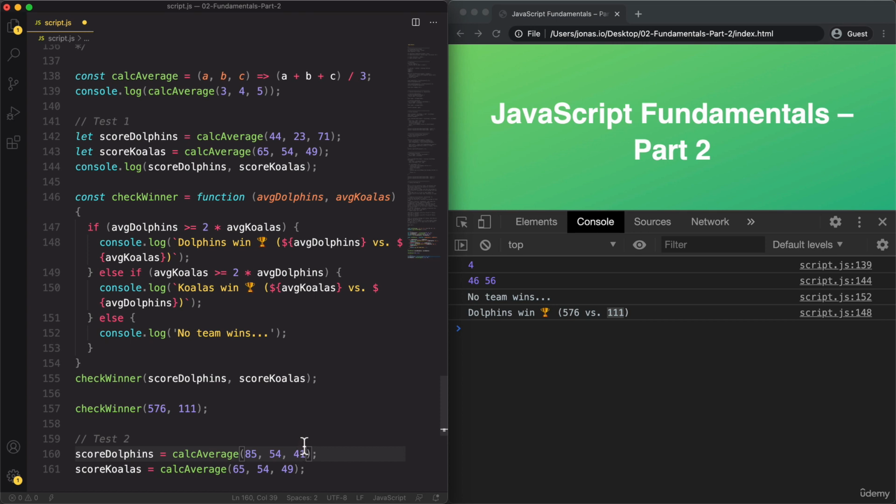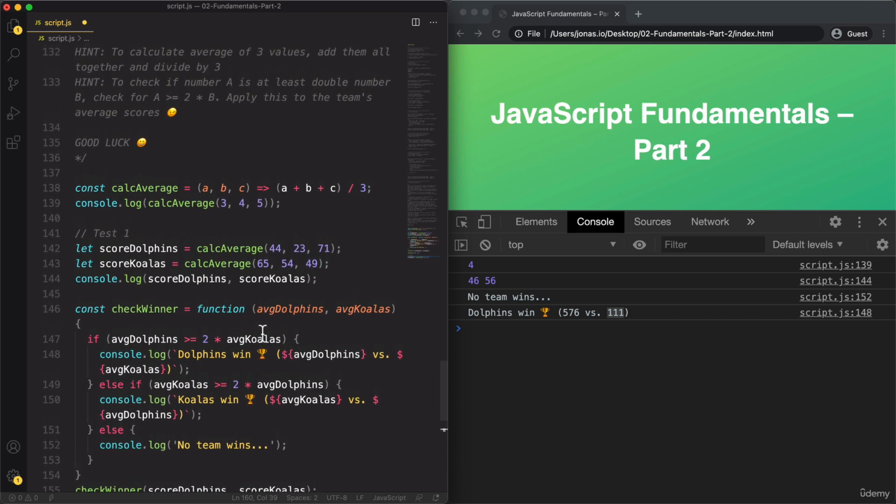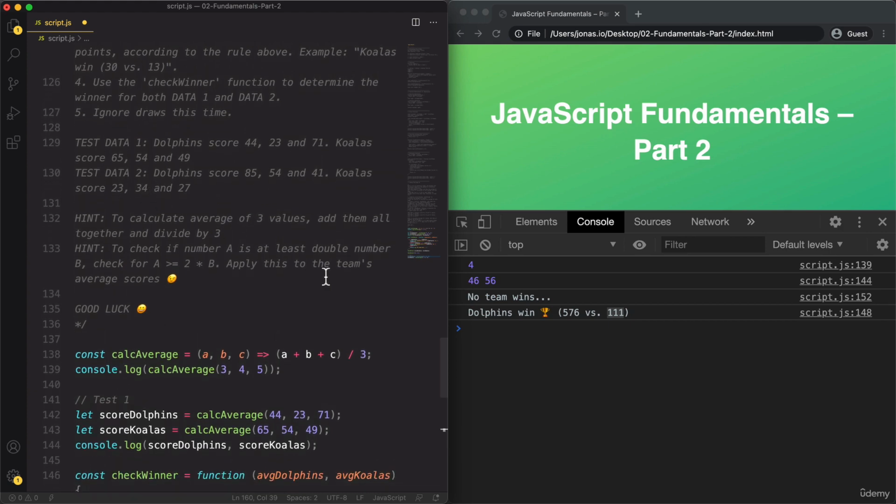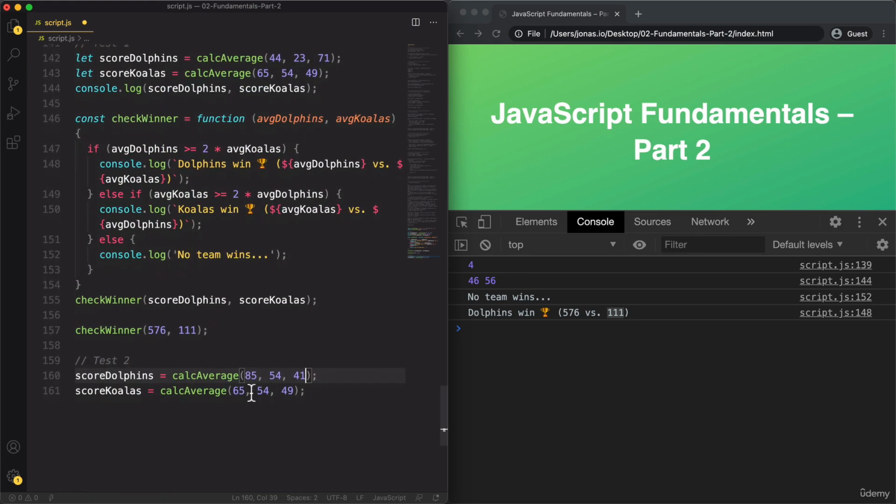And then for the koalas, we have 23, 34, and 27. Let's log these actually also, and then simply call check_winner again. And now with the new values of score dolphins and score koalas that we just reassigned. Okay,